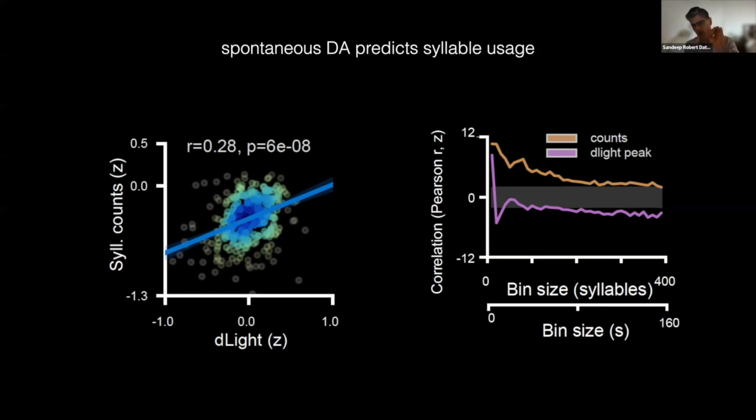As shown by the orange line, you will use that behavioral syllable more over about the next 3 minutes. If, on the other hand, you express that very same syllable, but you have a low amplitude dopamine peak, you will use that syllable less over about the next 3 minutes. So we know that dopamine doesn't just affect